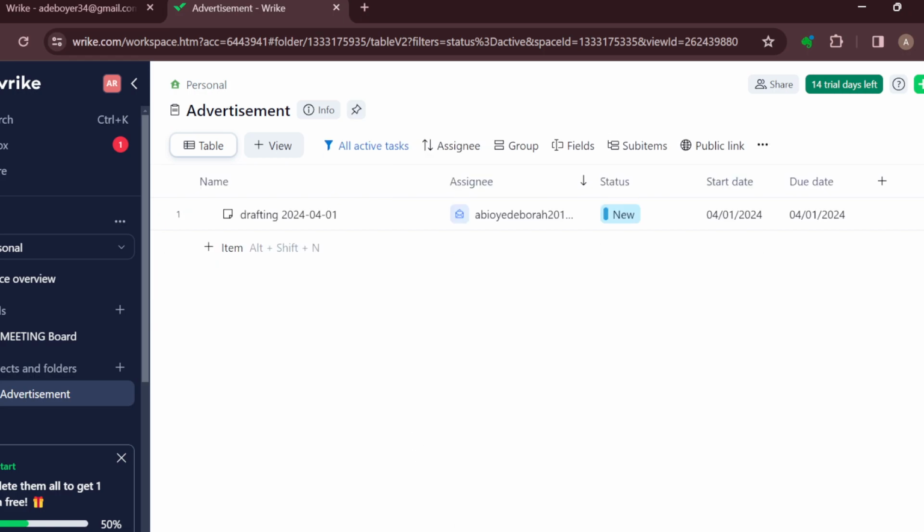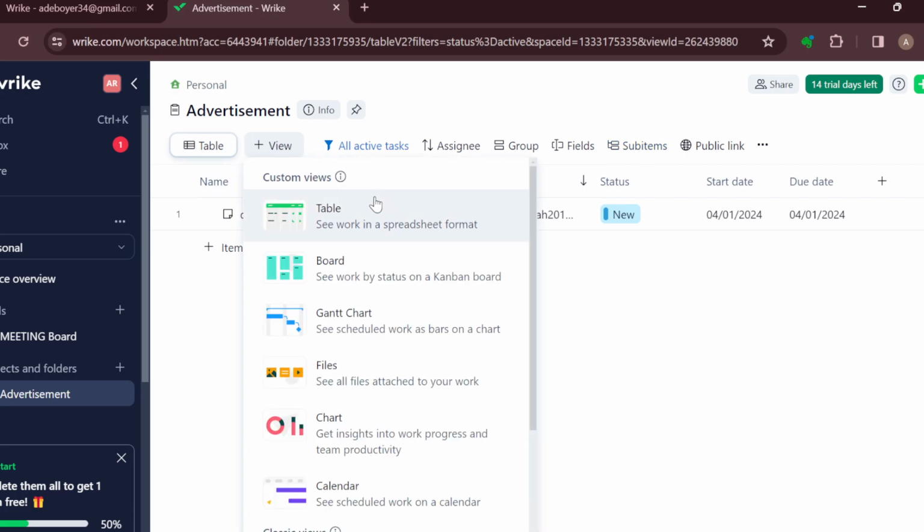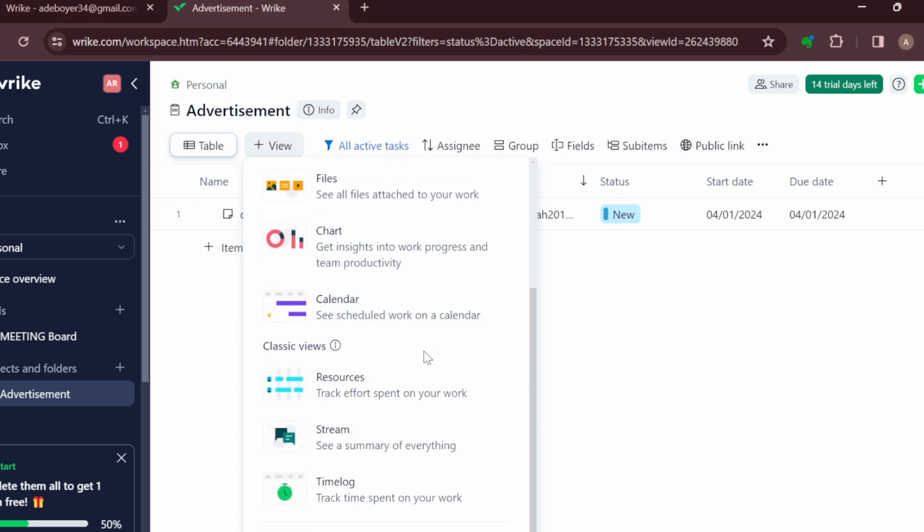You'll be brought to the screen of the project where you see the title of the project. Then you'll see add view, and you see other options as well. Just go to add view and click on it. Once you click on it, in the box displayed, you can see options like table, board, Gantt chart, files, chart, calendar, resources, stream, time log, and then once you click on more classic views, you will see